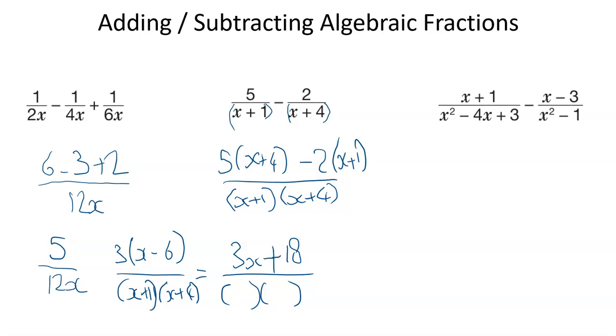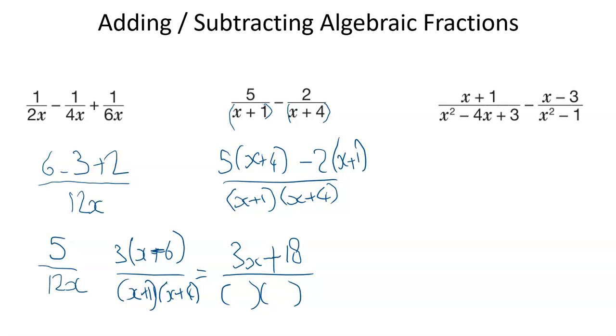That should have been a plus. We had 5x, we took away 2x. We had 20, we took away 2, so it should have been a plus. But even so, we end up with x plus 6, and this is x plus 1, x plus 4, so it doesn't cancel. So, never mind. But can you see how I factorized it? Because if that had been an x minus 4, then it would have cancelled beautifully, and I just crossed out